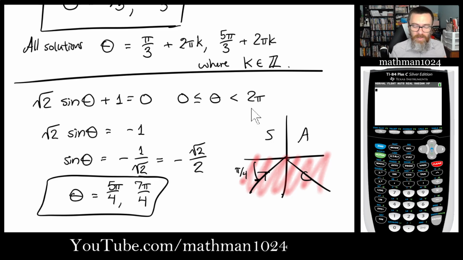Now, if it had said find all solutions, then you would have done something very similar to what we did up here, where you would say 5 pi over 4 plus 2 pi k, and 7 pi over 4 plus 2 pi k. But for this problem, it was just finding all solutions from 0 to